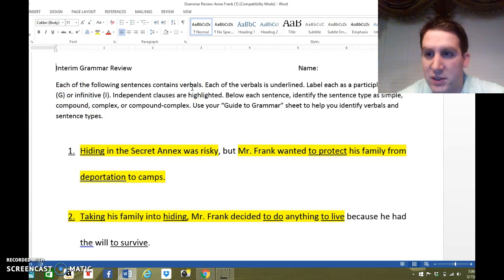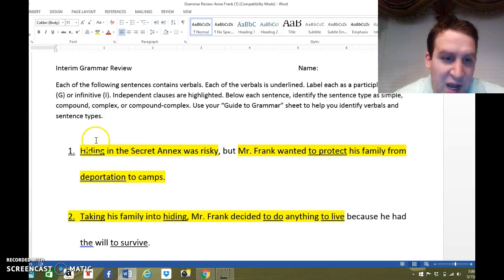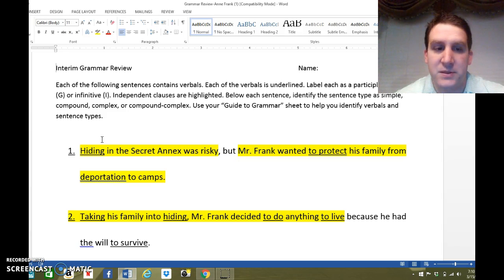So let's really figure out what it's being used as in this sentence. If I'm looking for my verb here to identify this, I see was as a linking verb. So if I take out the prepositional phrase in the secret annex, it really reads as hiding was risky. Since hiding precedes the verb, hiding needs to be my subject. So what looks like a verb but acts as essentially a noun. So hiding would be an example of a gerund since it's the subject of the sentence in example number